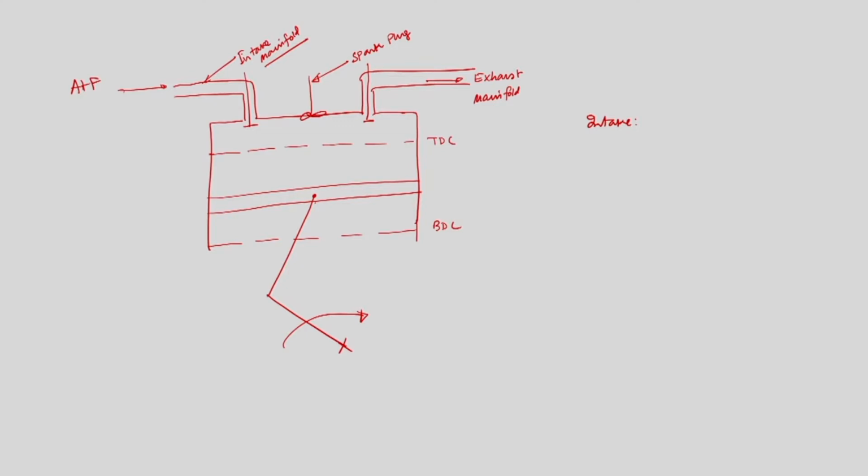So the next stroke is the compression stroke. At the end of the intake stroke, the intake valve is closed and the exhaust valve remains closed. Now the piston will move from BDC to TDC. The process is instantaneous because this will rotate. So both the valves are closed, and the piston is coming from BDC to TDC. The amount of air in case of a CI engine, or the amount of air-fuel mixture in case of an SI engine, that was introduced during the intake stroke will now be compressed.